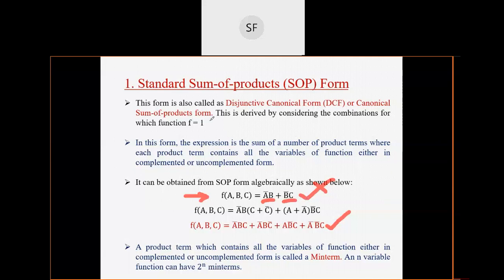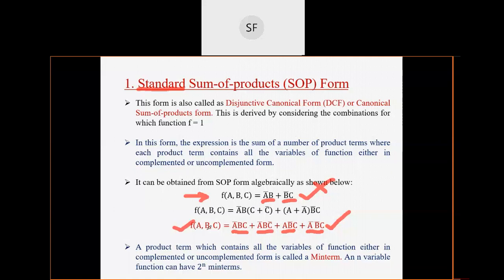So when any one variable is absent, then that representation is minimized representation or minimal representation or minimal SOP. Now when will you say that your representation is in standard SOP form? Now look at this particular representation. Now you can observe here there are three variables, three variables, three variables, and again three variables. So there are four terms, and in each term three variables are there.